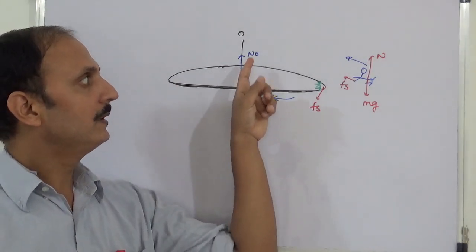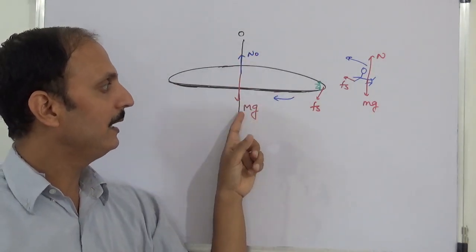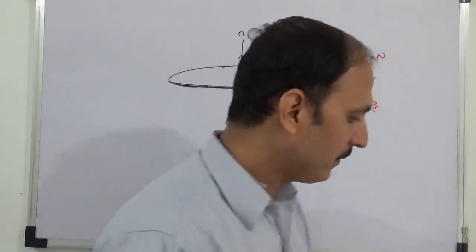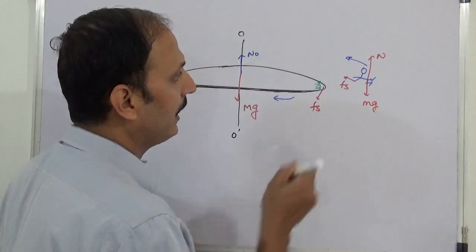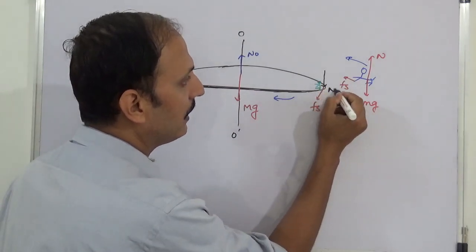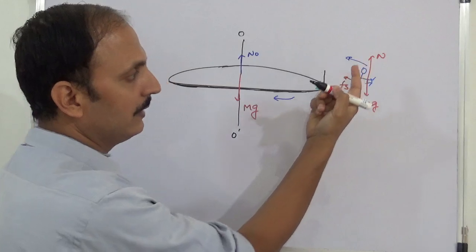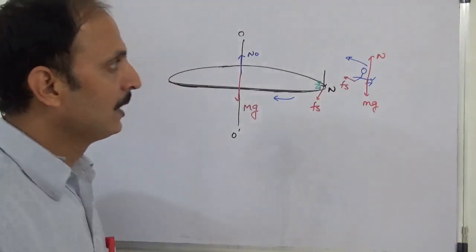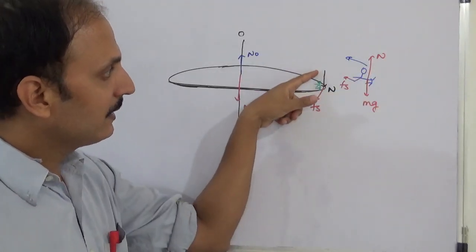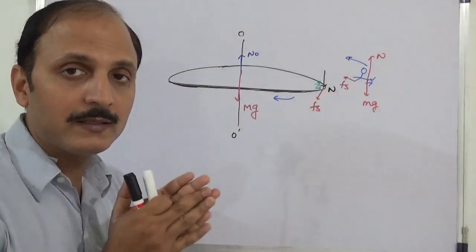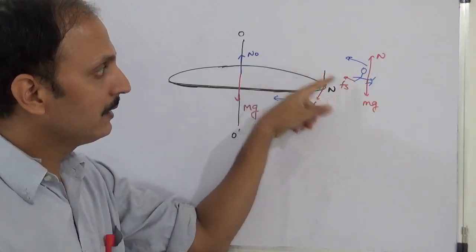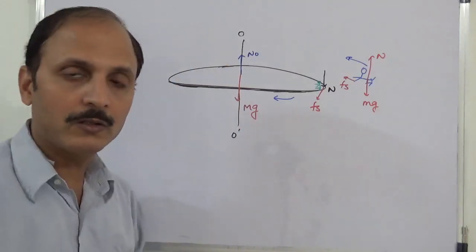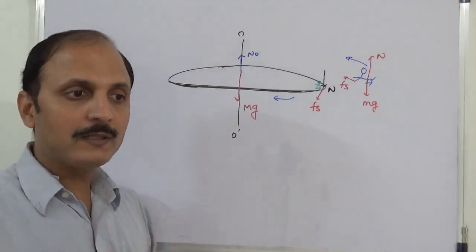this N0 will be balancing capital Mg as well as small mg. Again, one more force comes here. Since the disk is applying N on the insect, the insect will also apply N in the vertically downward direction. So this N will be balanced by this N. If I take both in my system, this N will be balanced by this N, this Fs will be balanced by this, and this mg or this Mg will be balanced by N naught. So if I take both in my system,